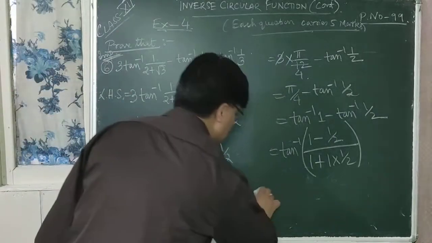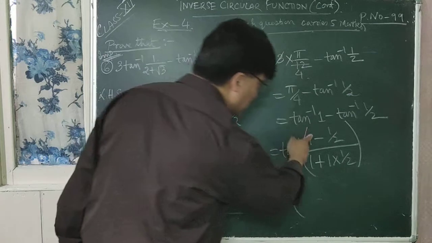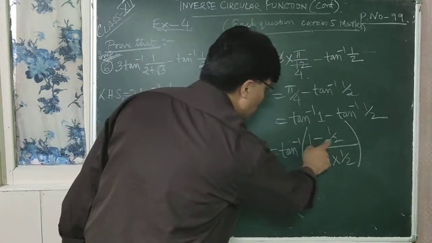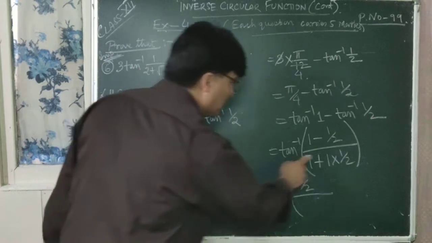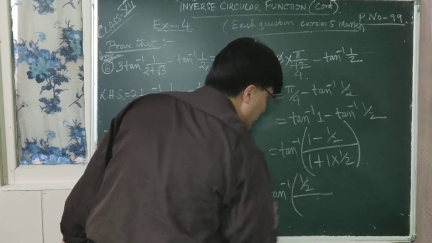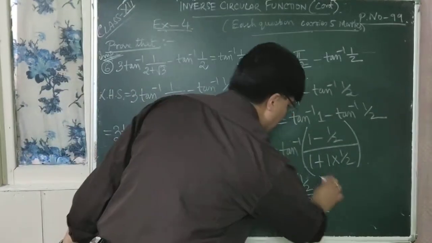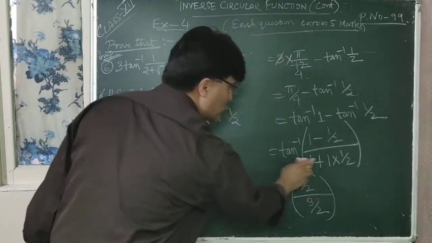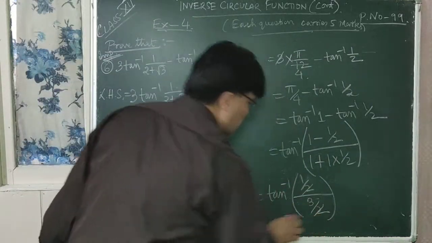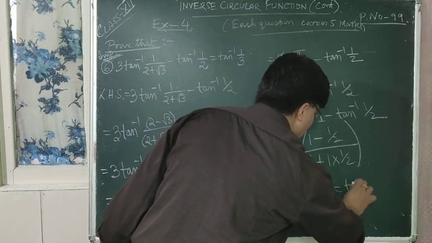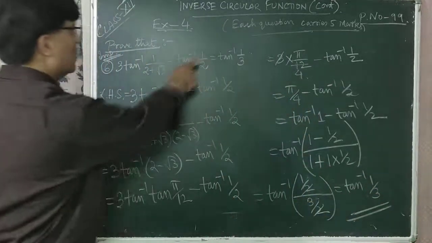So simplify it. Which is equal to tan inverse within bracket. Let us simplify the numerator. 2 ones are 2 minus 1, half, divided by, this is also half, 2 ones are 2 plus 1. It is 3 by 2. Right? This is 1 plus half. So 2 ones are 2 plus 1 is 3 by 2. So here you can cancel these 2, which is equal to tan inverse 1 upon 3, which is equal to